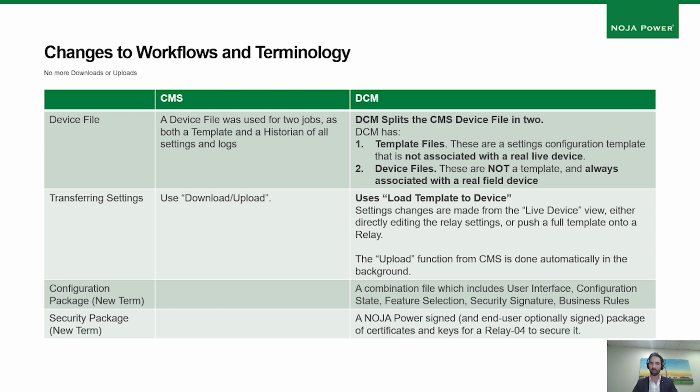Moving on to transferring settings, this is also a source of confusion in previous generations between download and upload in CMS, and so in DCM, we've automated most of it. Instead, in DCM, we use a function called load template to device. When you connect it to a device, you select load template and you choose from any of the approved templates